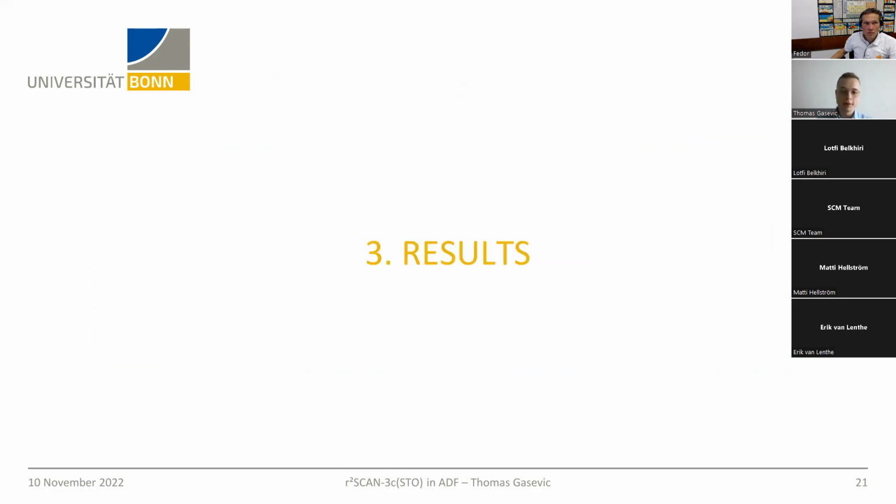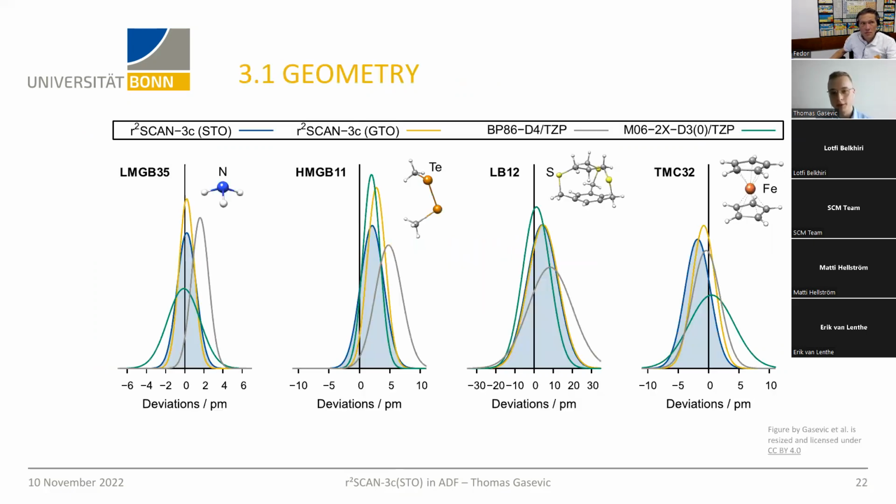Okay, so now we have everything, so I can show you the results calculated with r2SCAN-3c. First of all, I'm going to show you the geometries. So I have 4 geometry benchmark sets here for light main group bonds, for heavy main group bonds, for long bond lengths, and for transition metal catalysts, where we also look at the bond lengths. And we tested in blue r2SCAN-3c with STOs, in yellow with GTOs. And we also tested BP86 with a TZP basis set in gray and